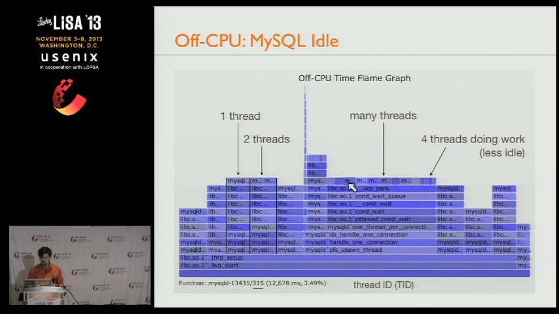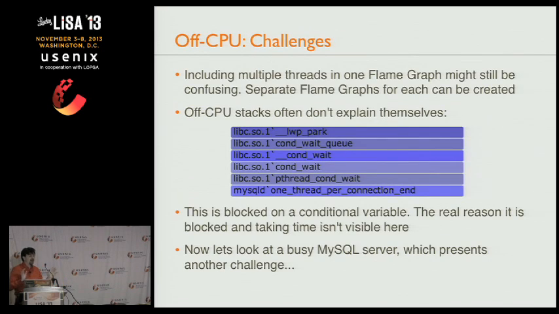I can identify the different threads. But I still don't get super excited about off-CPU profiling. It's actually really cool. It does solve a whole bunch of issues. But the problem with it is that the off-CPU stacks often don't explain themselves. We just saw that with MySQL, where it's waiting on a conditional variable. OK, so what's causing the latency? Well, you can't tell. You're waiting on a wake-up event from someone else.